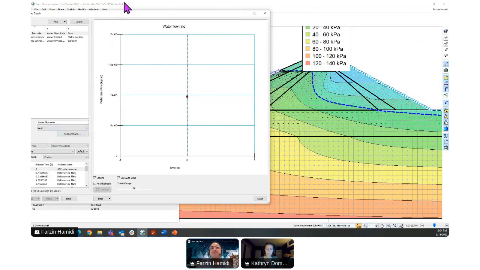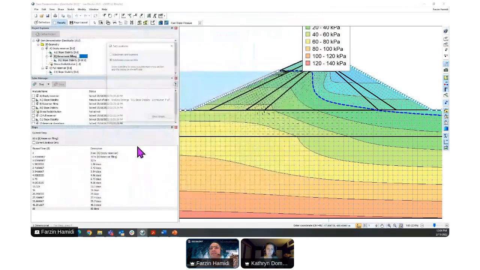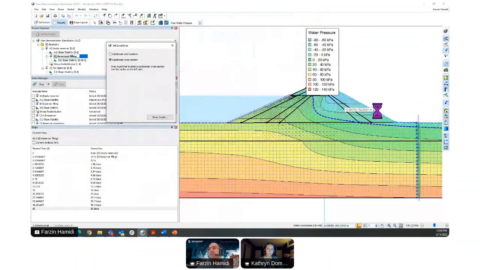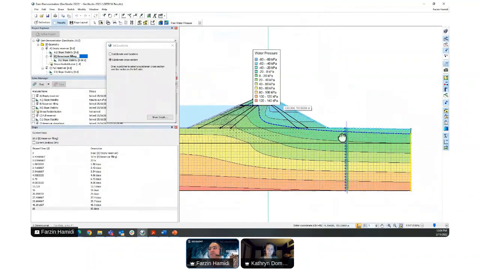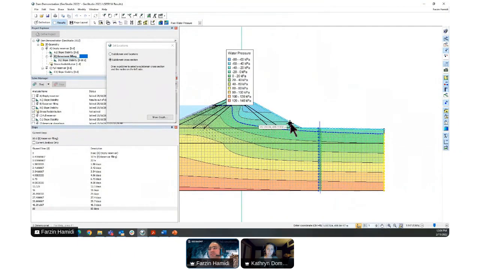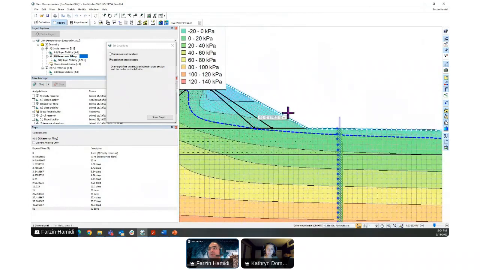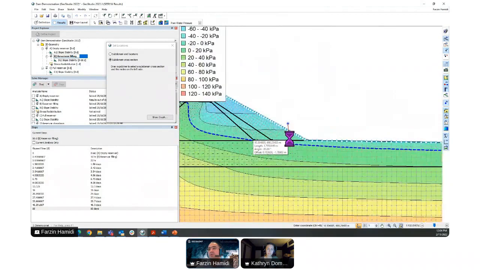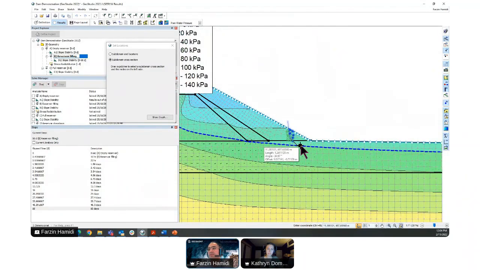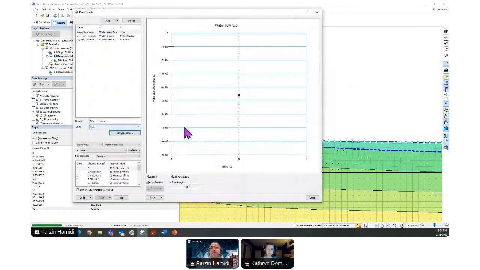And the interesting thing about it, you can select the set location, and you can apply it wherever you want. So if you are interested to see a cross section close to the toe of this embankment, you will be able to do that right here, and you will be able to stop it wherever you want. From the start up to the end, all the grid points are on the left-hand side, so you will see the results for the left-hand side of your model.